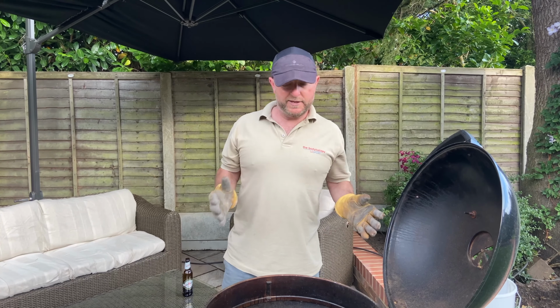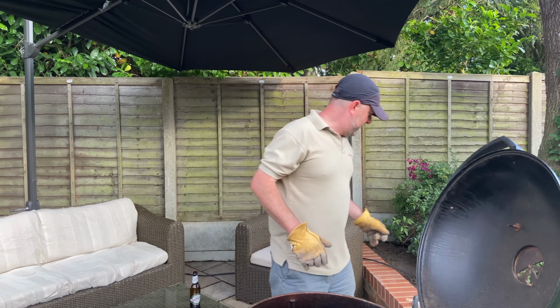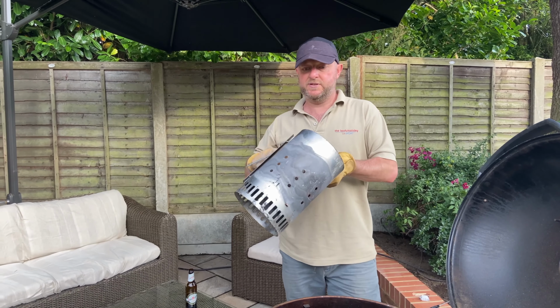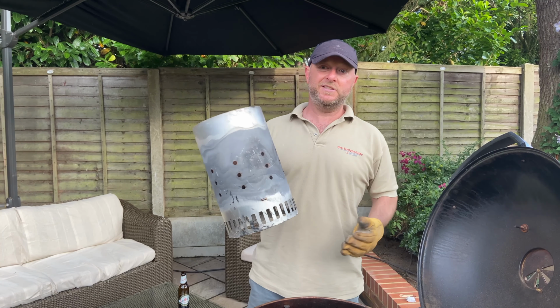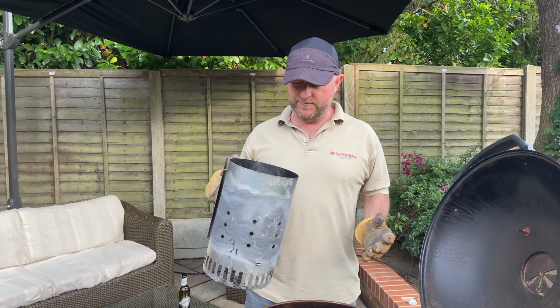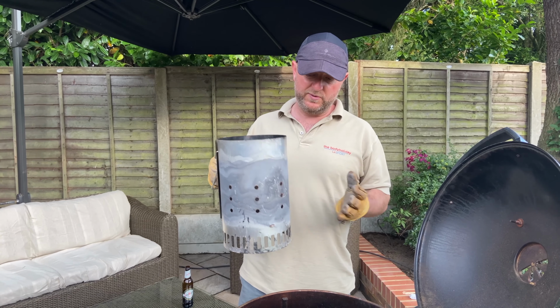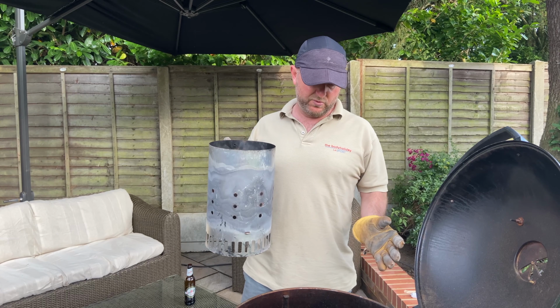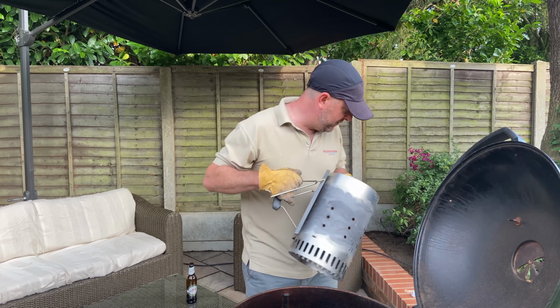Okay, now we're getting ready to heat the charcoals up. Right, now I typically use one of these, a charcoal chimney. You can buy these from any garden centre. This one's a Weber one. For a big barbecue like this, one full chimney of charcoals will cook for about 2 to 3 hours. So you only need one of these, and typically what I do,